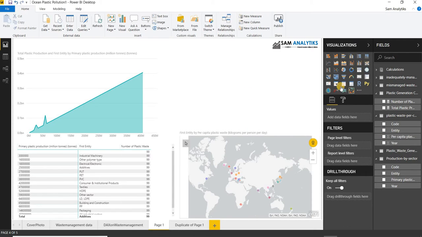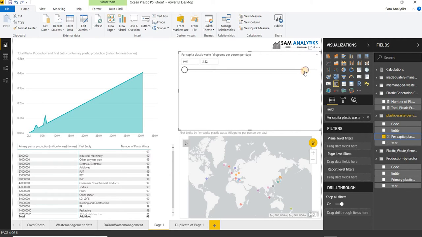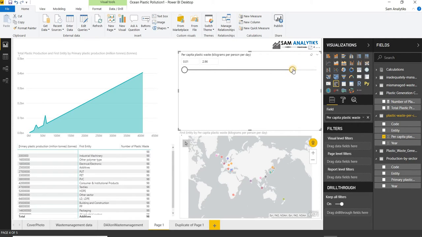Now if I use a slicer and I take the slicer as per capita for my part, I can very well see that as I increase through it, the number of the sizes gets decreased from here, and that is actually creating a lot of problem.